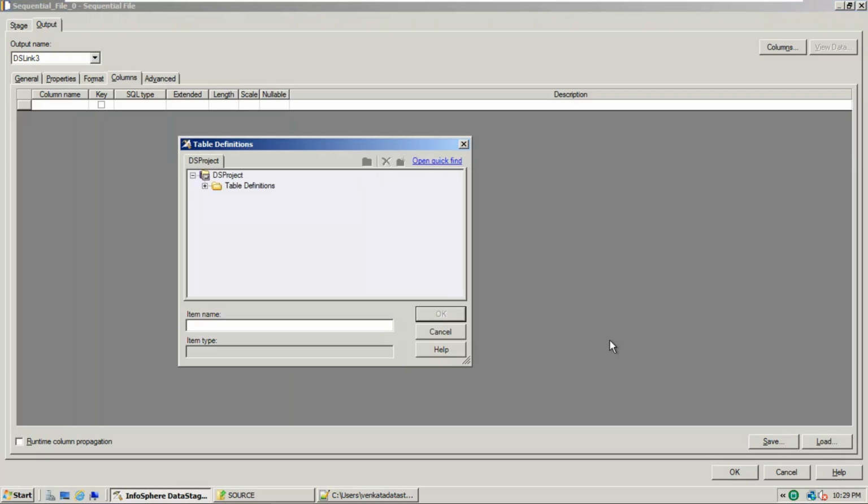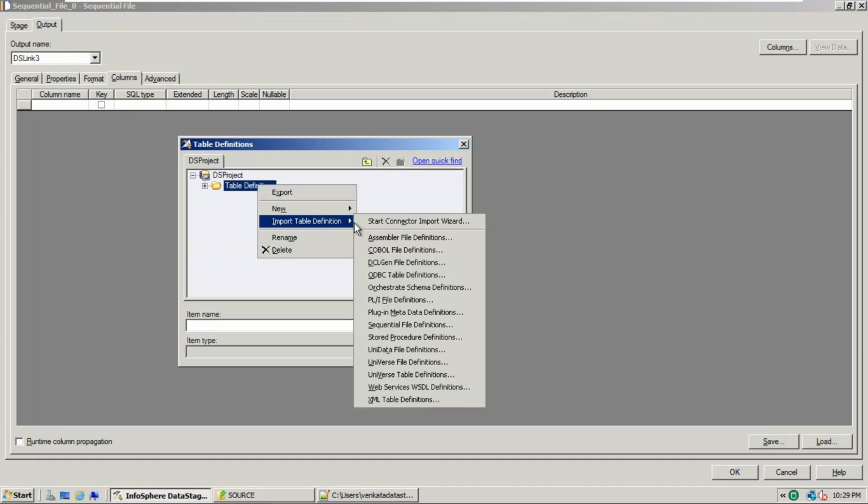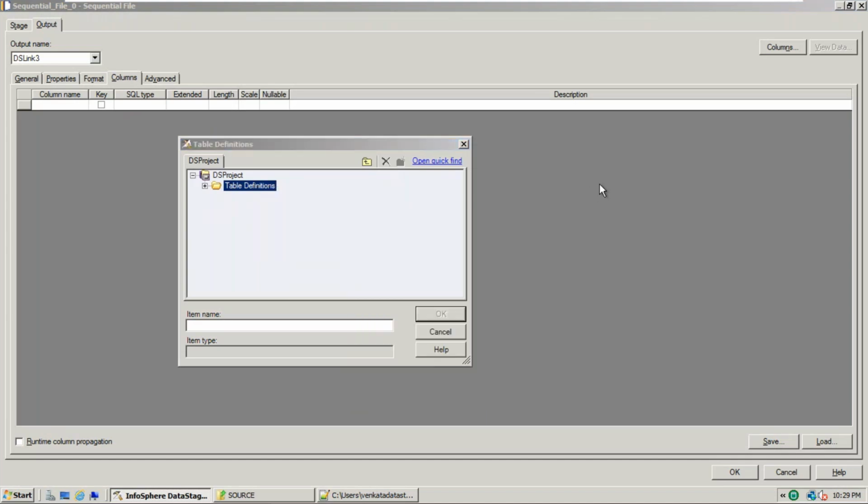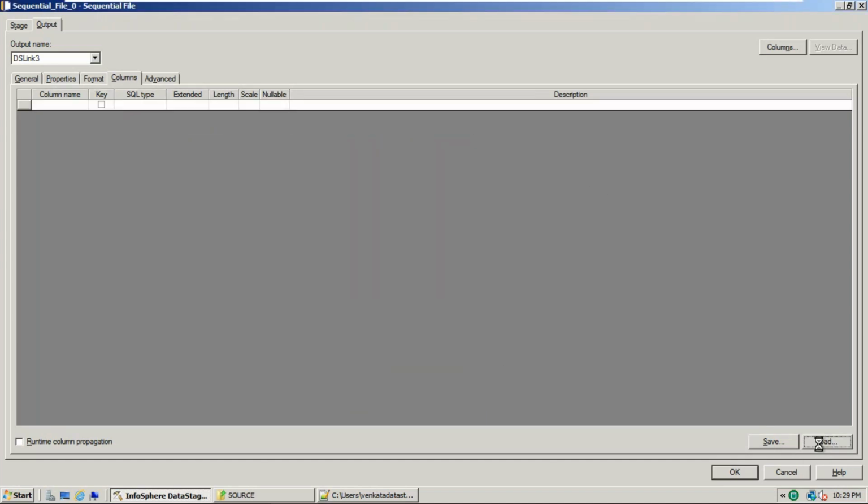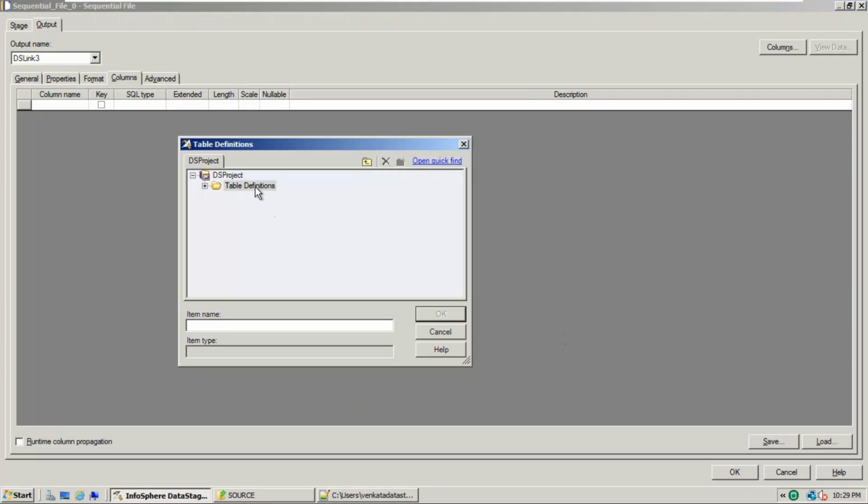Now, right click the table definition. Please observe carefully, team. This is the text file I am importing, so I have to go for the import table definition. Since this is a text file, I have to use the sequential file definition. This is the option I have to select. When you click the load button, right click the table definition,